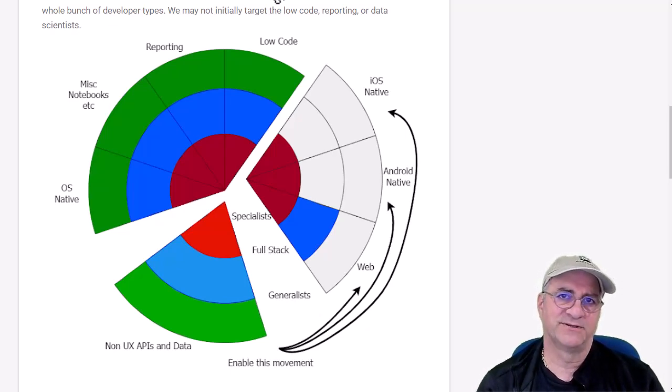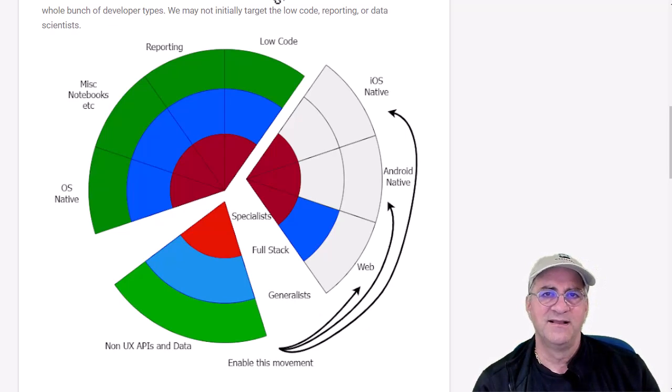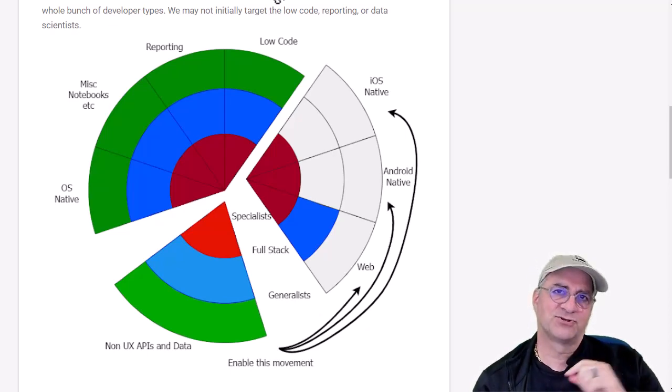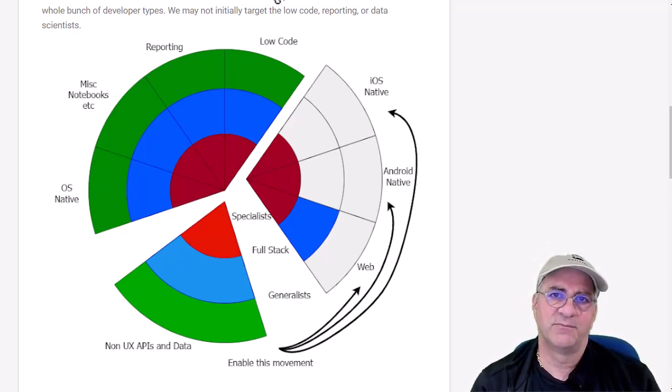And really what I was thinking is we were going to try and drive, and these pie slices are not population sizes. They're just big enough to be interesting. We have these non-user interface APIs and data people, a piece of people that basically write a ton of backend code, processing code, batch code, other things. The notion is that it's a big pool of people, and a lot of those are kind of generalists. They can write all kinds of different things. We have some real specialists. We have what we call full stack people, but I really feel like very few people are full stack. So maybe I should have skipped that whole circle and just done specialist and generalist, but people use the term full stack. I'm not convinced that many people are really good at it.